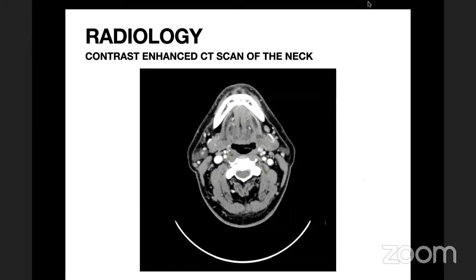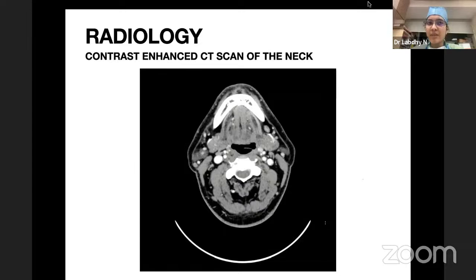So, Labdi, since you have heard all this, to summarize, what are the risk factors of stomal recurrence and how will you prevent it? And if at all it happens, how will you manage it? What are the risk factors of stomal recurrence? So risk factors for stomal recurrence include close margins in cases with subglottic extension. Then inadequate paratracheal clearance can also lead to stomal recurrence.